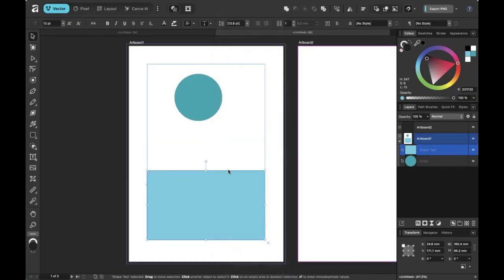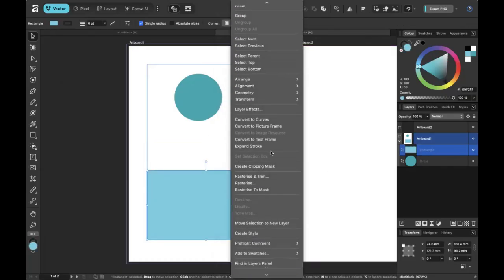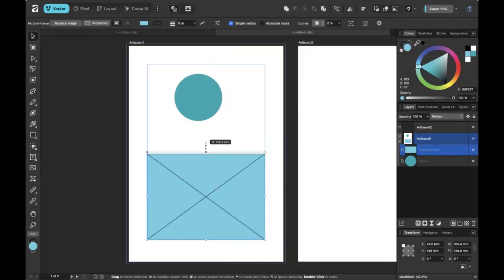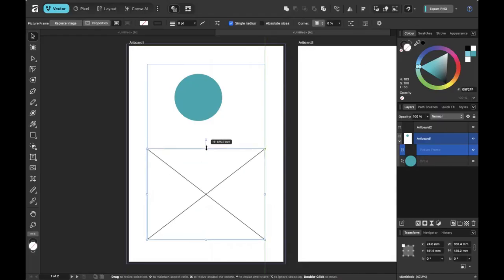Let's just go back and use Command Z. And I actually have the option to convert it into a picture frame. That's what I wanted to click. Text frame, that's obviously the text frame, but let's use the picture frame and see what happens. So we still have the blue color, but you can always get rid of it from the color. Just click none. And as you notice, we have the X, and we can place an image from our computer,